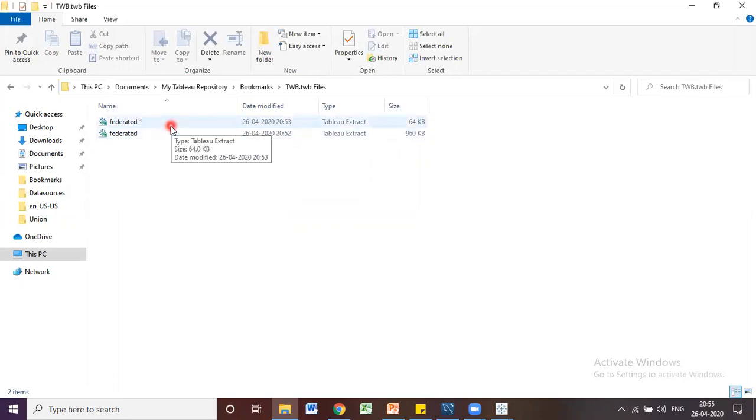Now you can see the time also. So these are the extracts. See, it is a Tableau extract, right? So this is a file type. The difference between .tde and .hyper: both are extracts, but in the earlier versions we had the .tde file type, and in the latest versions we have .hyper. Why did they replace .tde with .hyper? Hyper is 100x faster than the .tde files. They have improved the performance.